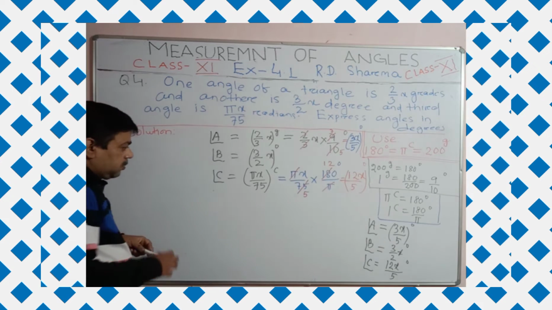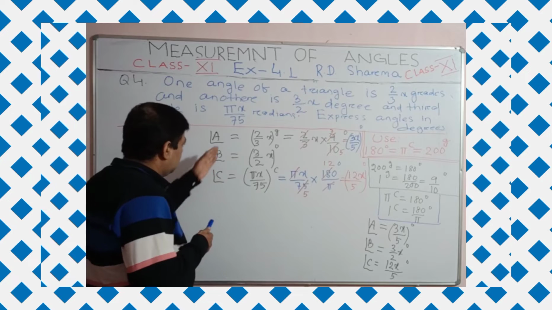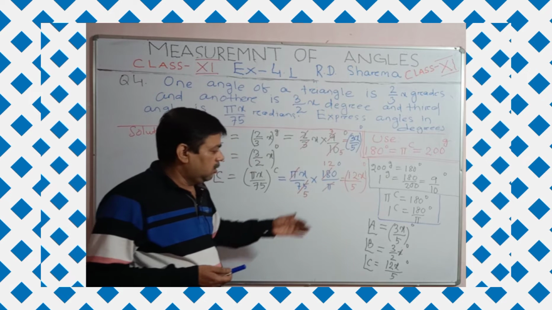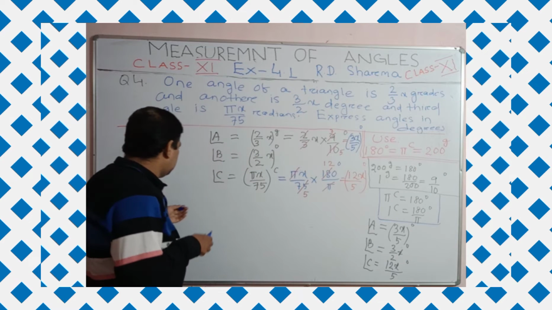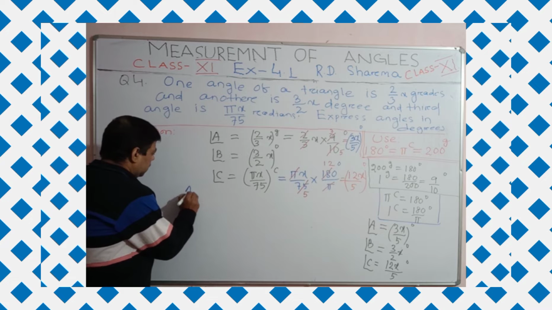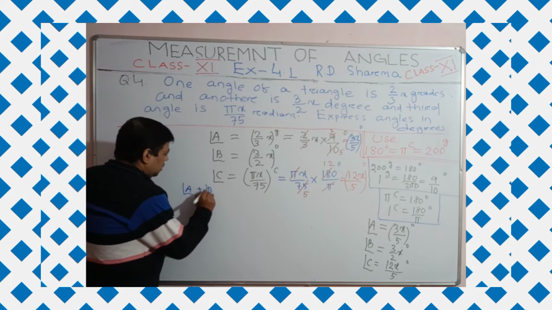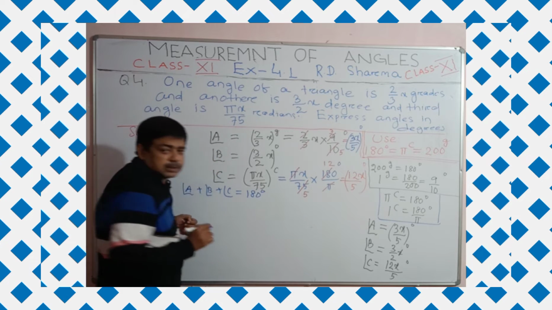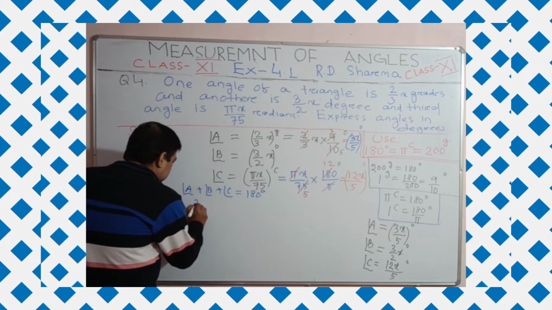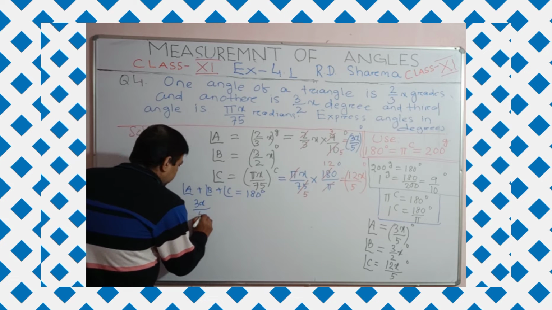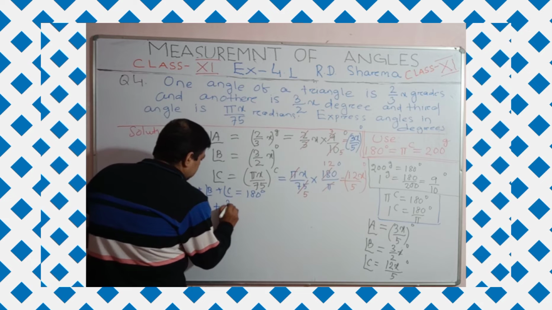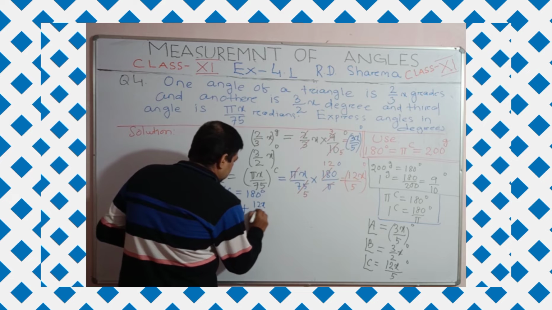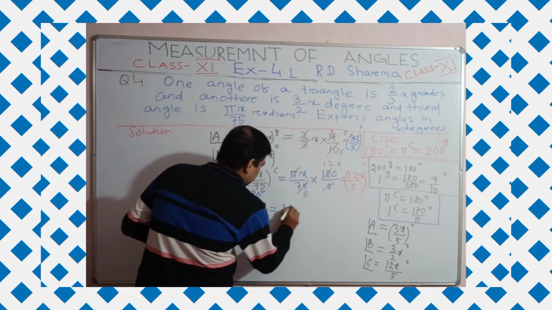Okay. Now as per the angle sum property of triangle. All the angles are expressed in degree, in the same unit of measurement of angles. Now you can use the angle sum property of triangle. What is the angle sum property of triangle? Yes, the sum of the angles of a triangle is 180 degree. Now see, angle A is 3x upon 5 degree. Angle B is 3x by 2 degree. And angle C is 12x by 5, and the sum is equal to 180.